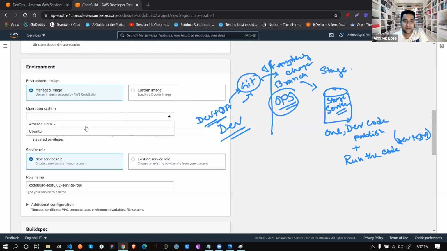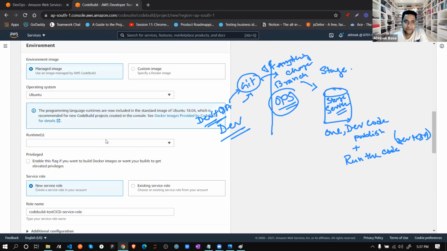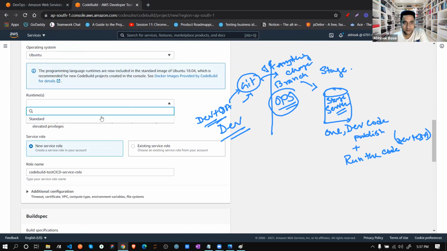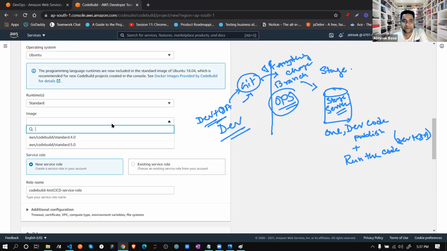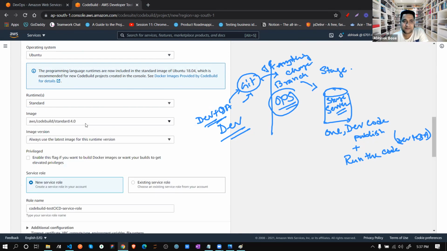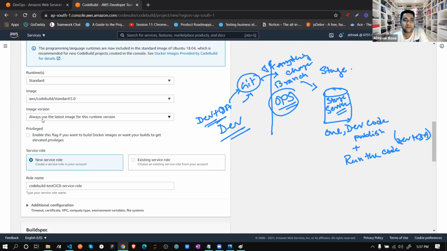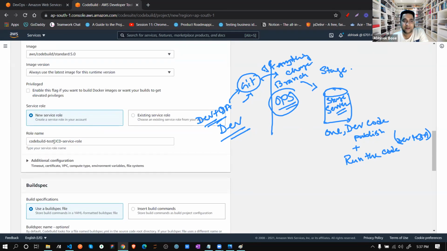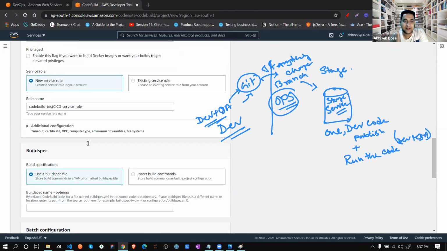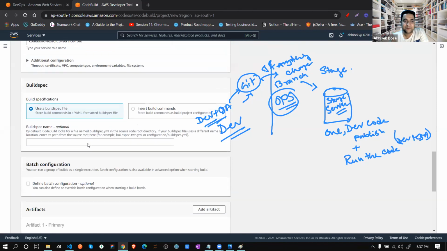If you click on that, it asks which platform. Suppose you choose Ubuntu. Then you choose the standard runtime. Which image? Just take the latest version, 5.0. Always use the latest image of the runtime version. That's perfectly okay. This is the role name; by default they are giving it. Leave it at that. Don't change anything.